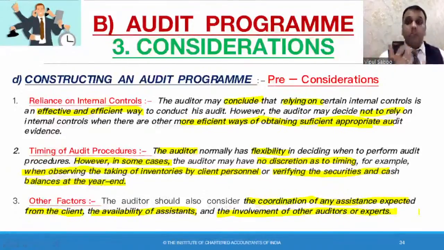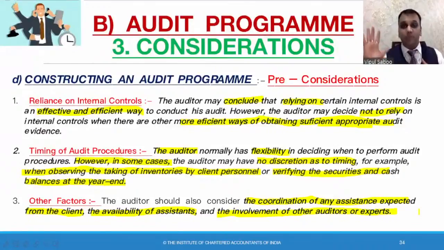So if there is machinery or a building being constructed, a new banquet hall being constructed by the hotel, what is the status of that construction as on 31st December of that previous year? We'll ask them, please give us a certificate from the valuer or the builder that this much work has been done, so that you can capitalize it in your books of accounts. You'll show it in the fixed assets, building under construction, and how much amount do you need to show. You have shown it on your own. This is what we value the building to be, of this much amount, till the work that has been completed.